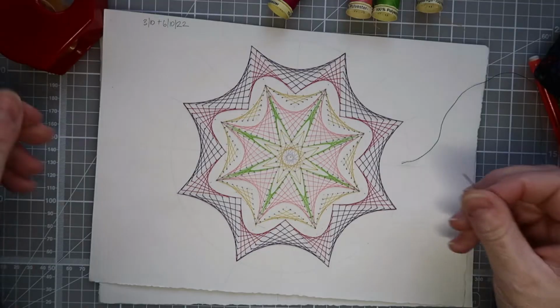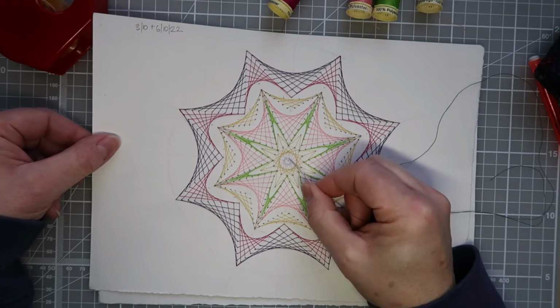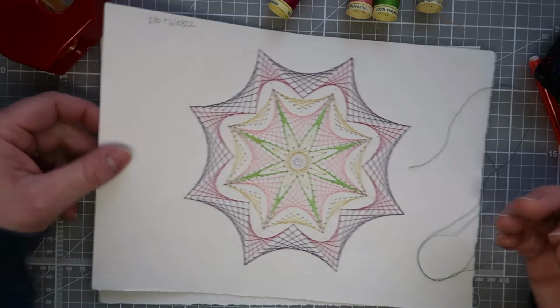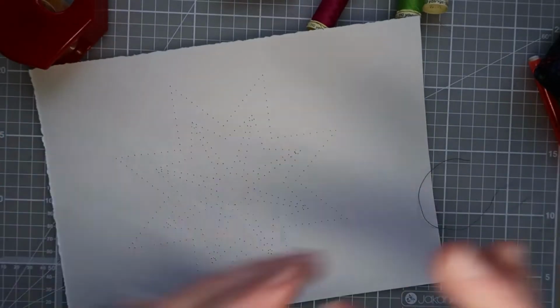layers first. We're going to be starting with the centre of our flower and the layer that's underneath, which covers a little bit more of the circle, and then our second row will be the outer layer which doesn't cover as many holes. Now we start and finish our thread in exactly the same way,